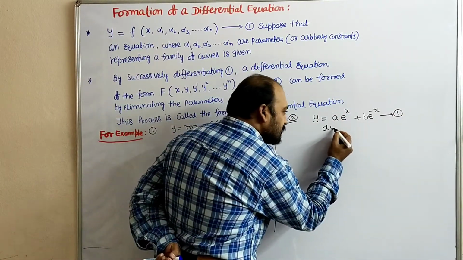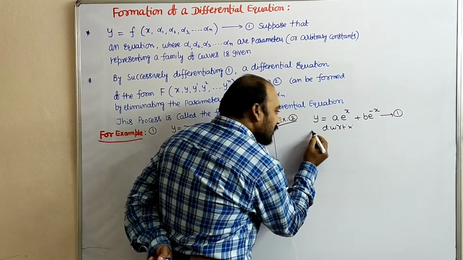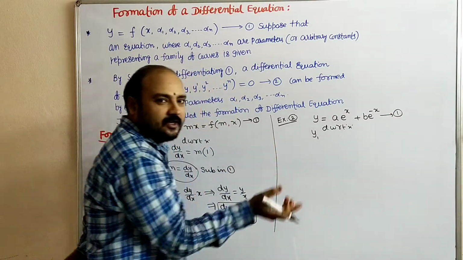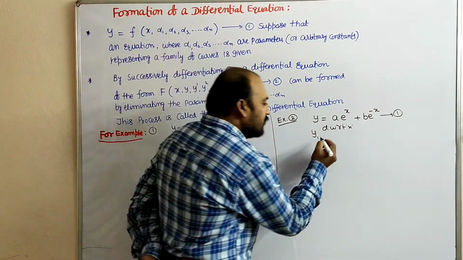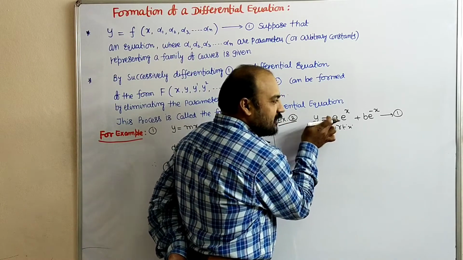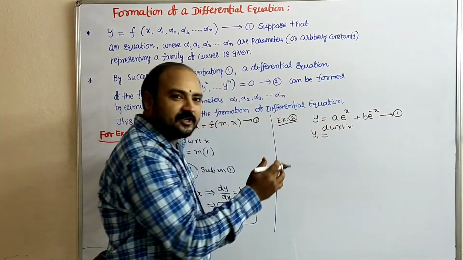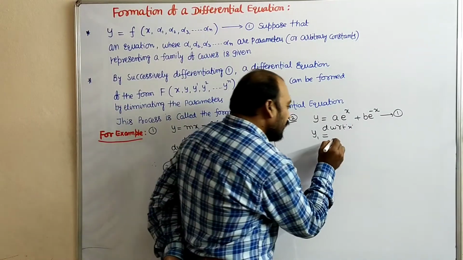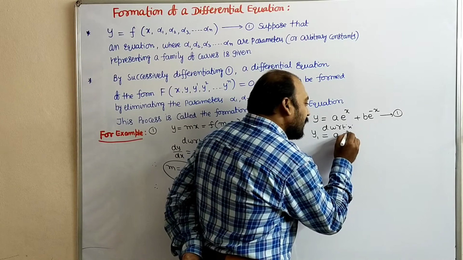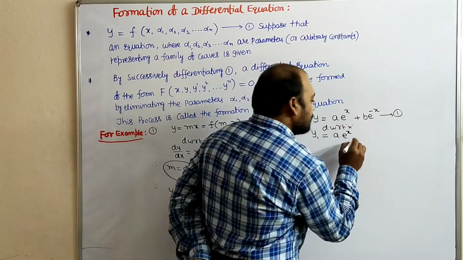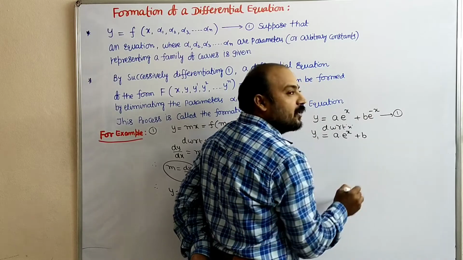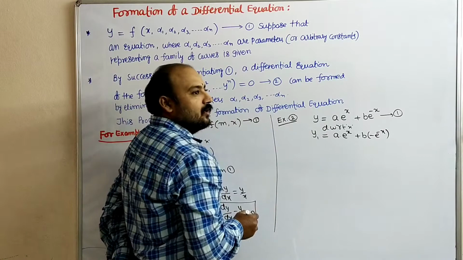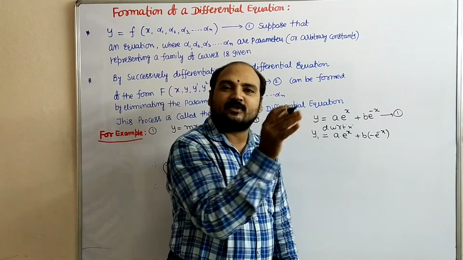Differentiate with respect to x. So y derivative is y1. Instead of writing dy by dx, we can also write y1 according to convenience, which is equal to constant into function. Wherever constant into function is there, constant you can take outside. After that, the rest of the function you have to differentiate. So a into d by dx of e power x is e power x, plus b into d by dx of e power minus x, which is minus e power minus x. So first time differentiation is over.